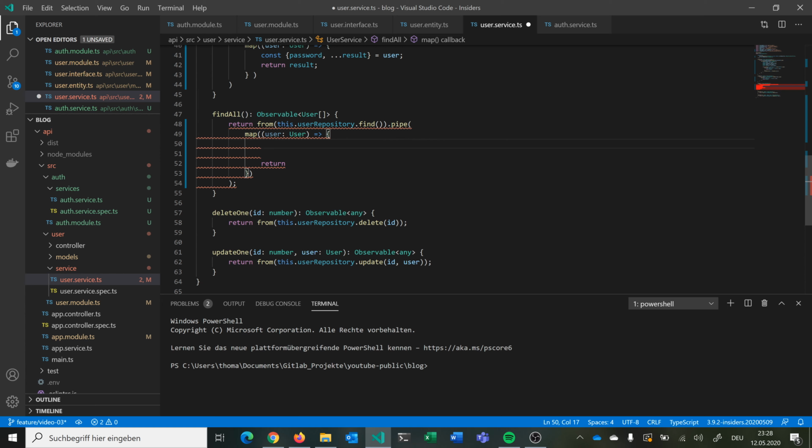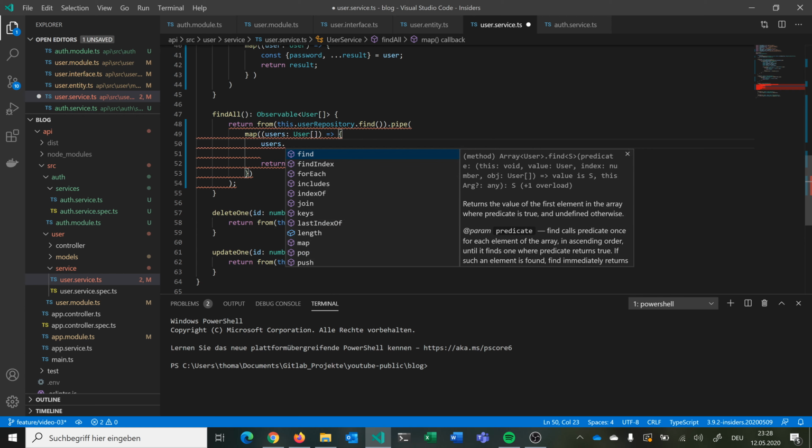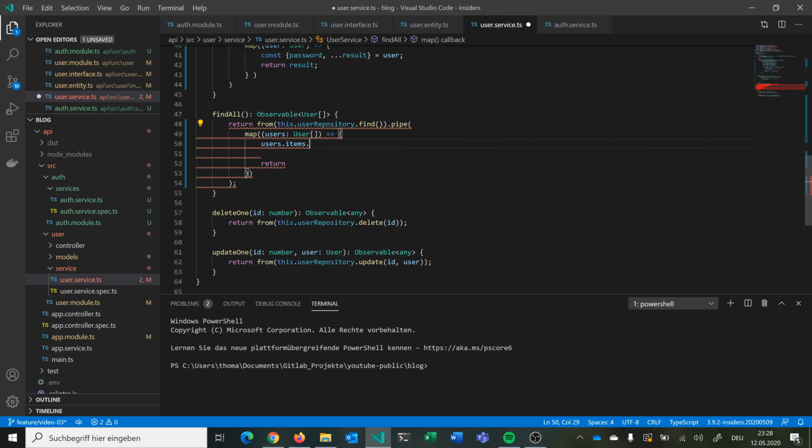So now we have here an array. I think this should be this. And so from users we have to remove all